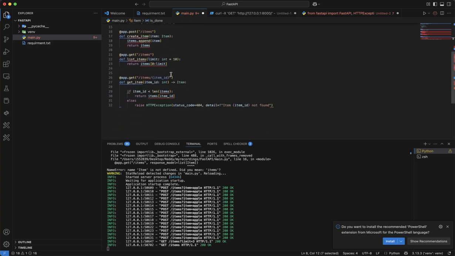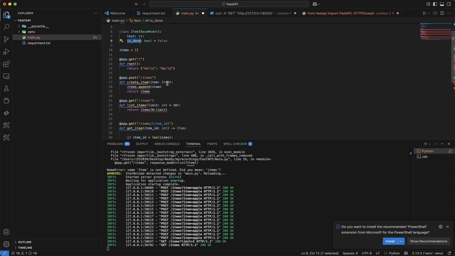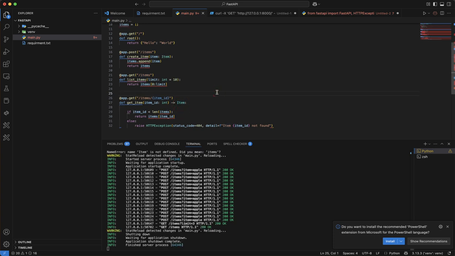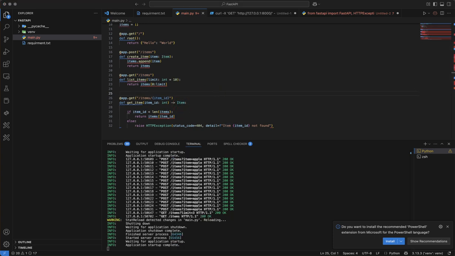Now we can update our app to use this item model. So for instance, when we create this item, instead of taking a string, we can now pass this item model. And here, when we get an item, instead of returning a string, we can also return an item. Now, if we try to use the same curl request to create the item,